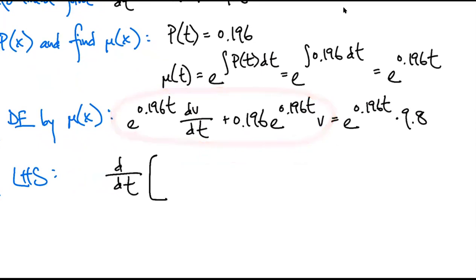That's an important step to be able to do. So let's think about that for a moment. What two functions did we multiply and then take a derivative of to get that? Mu of x and